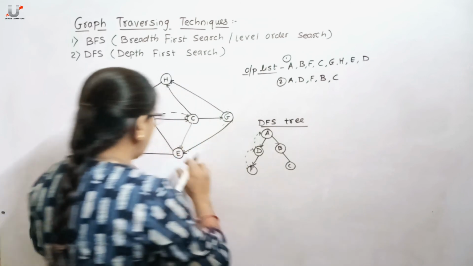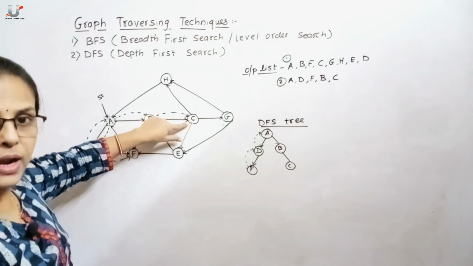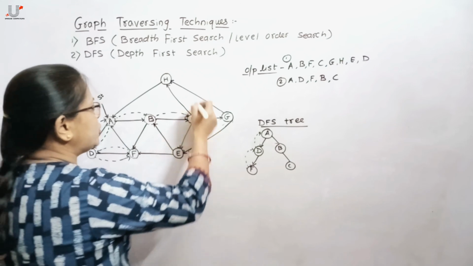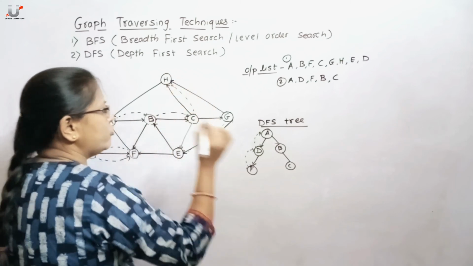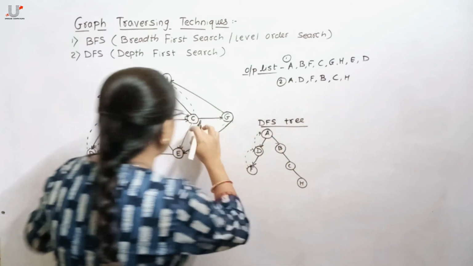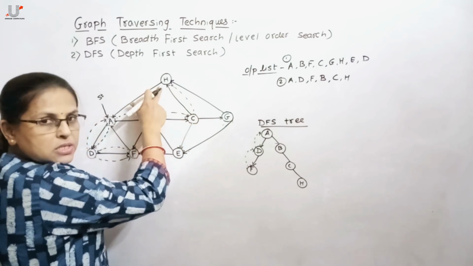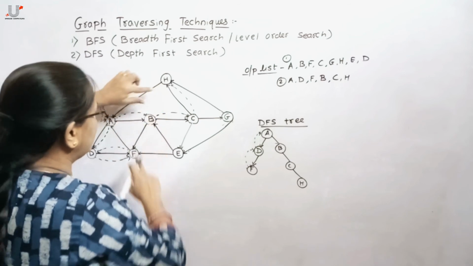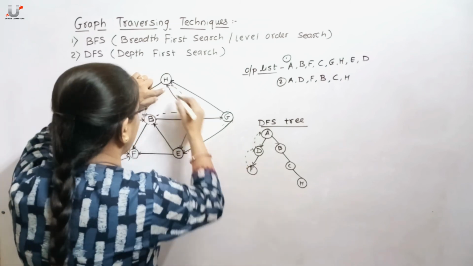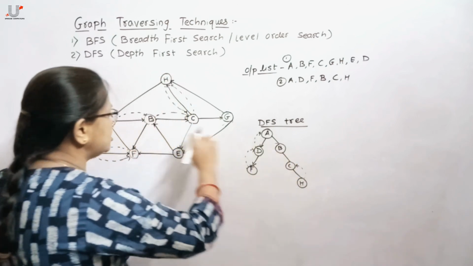C gets displayed into the output list. Again, unvisited adjacent node of this C, it's G, H and E. Now we move to H. Here we move to H, add that H from C, the control will move to H. Then check whether any adjacent unvisited node is for H. No, as A, but it has already visited, so backtrack. So from this it will again backtrack to C. From H backtrack, it's a back edge to C.